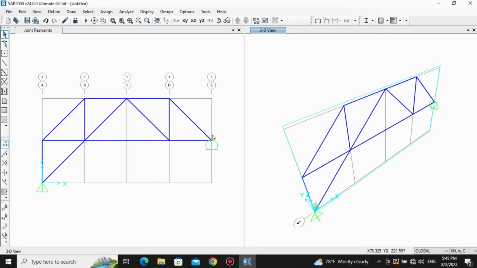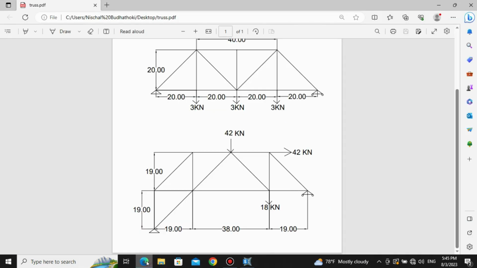Now we need to apply the loads. Let's see what kind of loads we have. The loads that we have are 42 kilonewton here along gravity, or 18 kilonewton, then 42 kilonewton along the x direction. So we have altogether 3 loads. At first let's go